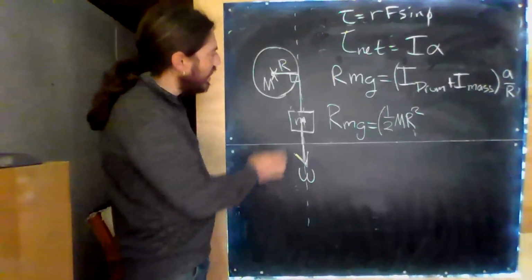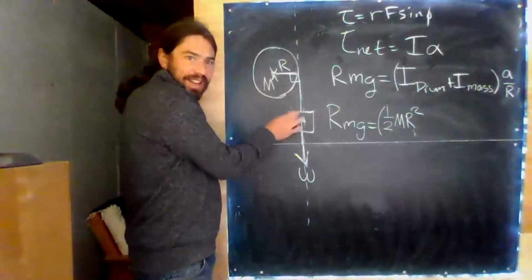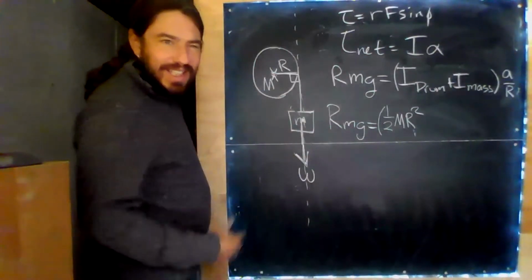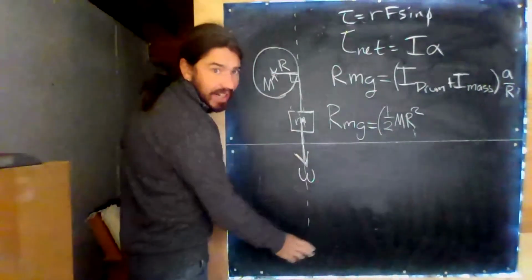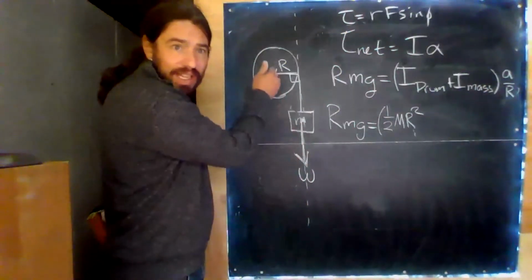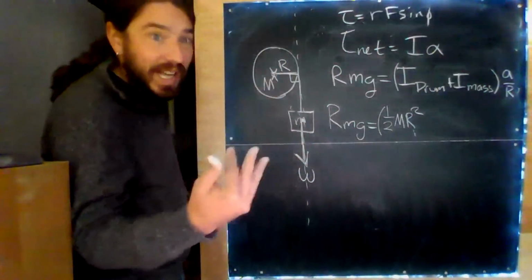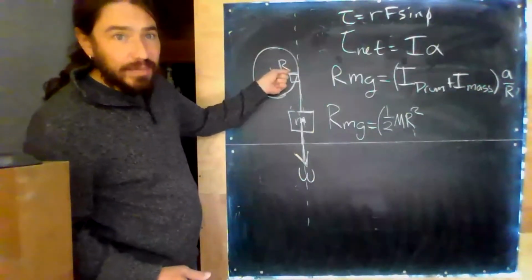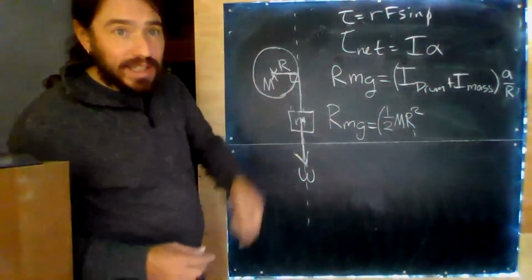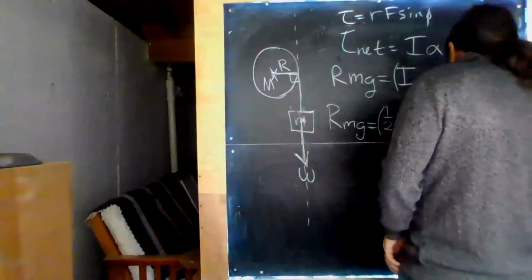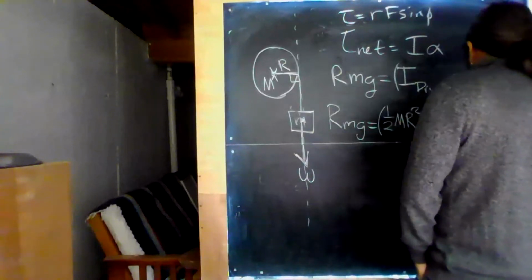What R do we use? Again, we don't use this distance here. That would seem to indicate that the longer this fell, the greater the radius is. It's not, right? If this is way down here, if I just drew my mass down here, it doesn't change the torque applied to here. It doesn't change how it's going to speed it up, right? So indeed, it is just this R right here that we're going to put into the point mass equation for the moment of inertia. And so this is little m R squared